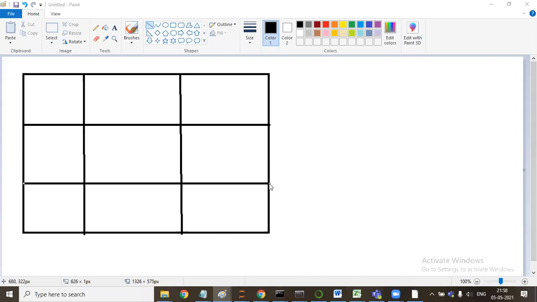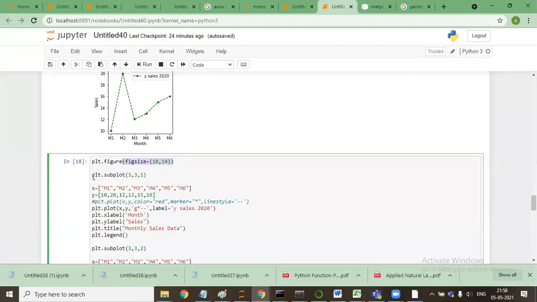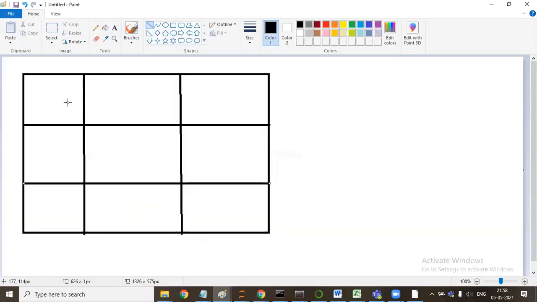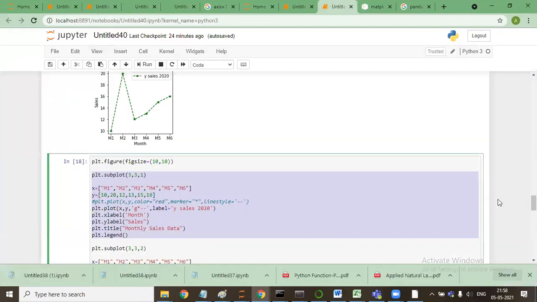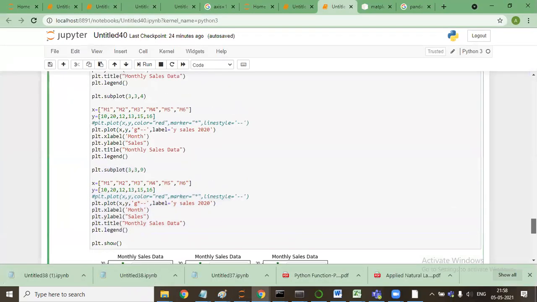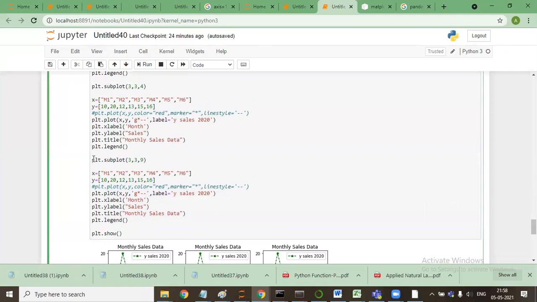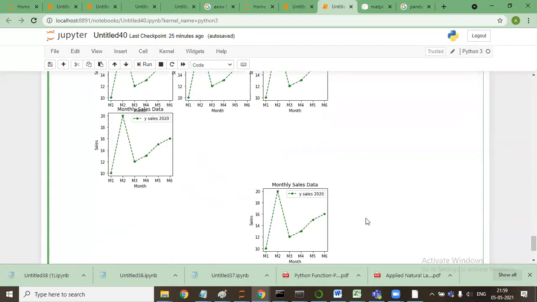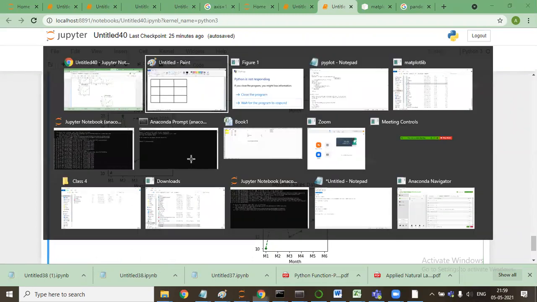And when I say 3 comma 3 comma 1 and this plot, this plot will be made in this area. When I say 3 comma 3 comma 9, this plot will be made in this area.